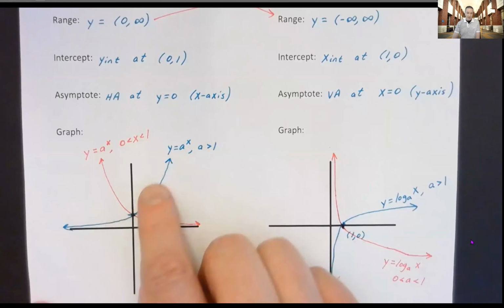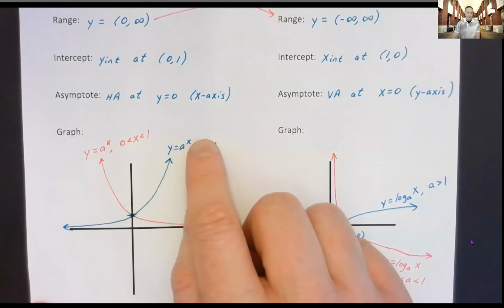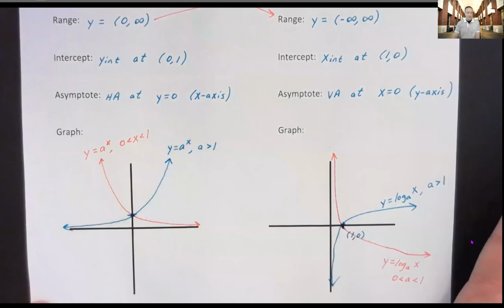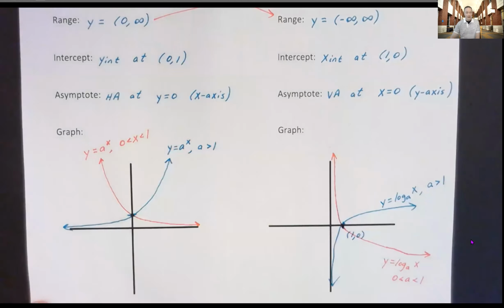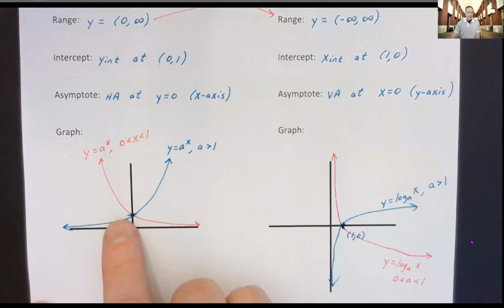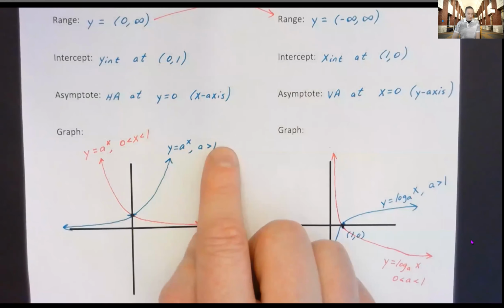So you can see it's going to increase really rapidly because that x is the exponent. If it were 5 to the x, by the time x got to 3, your y value would be way up at 125. Now, similarly, in the other direction, if that base a is greater than 1, such as 5,